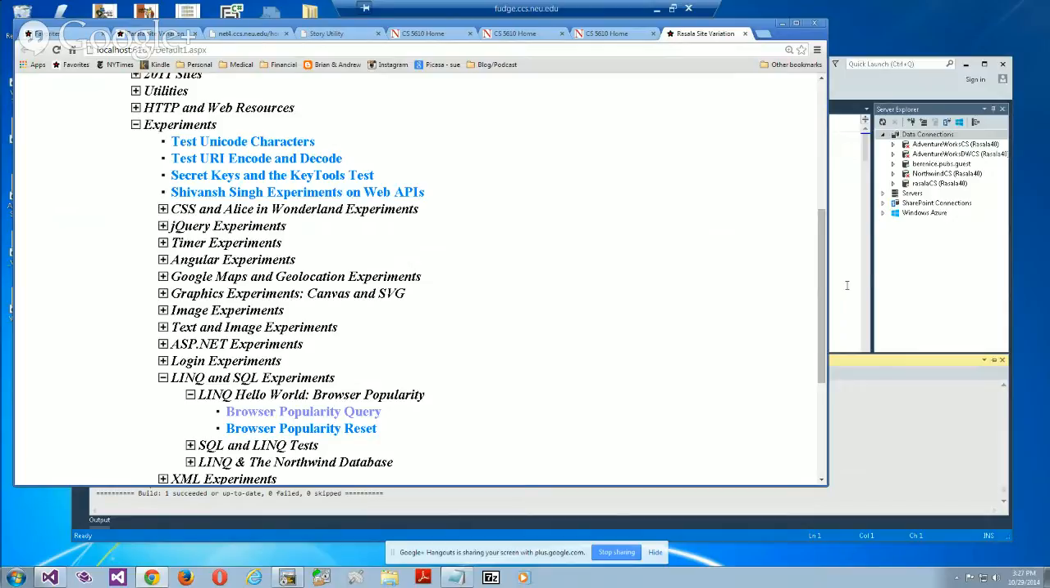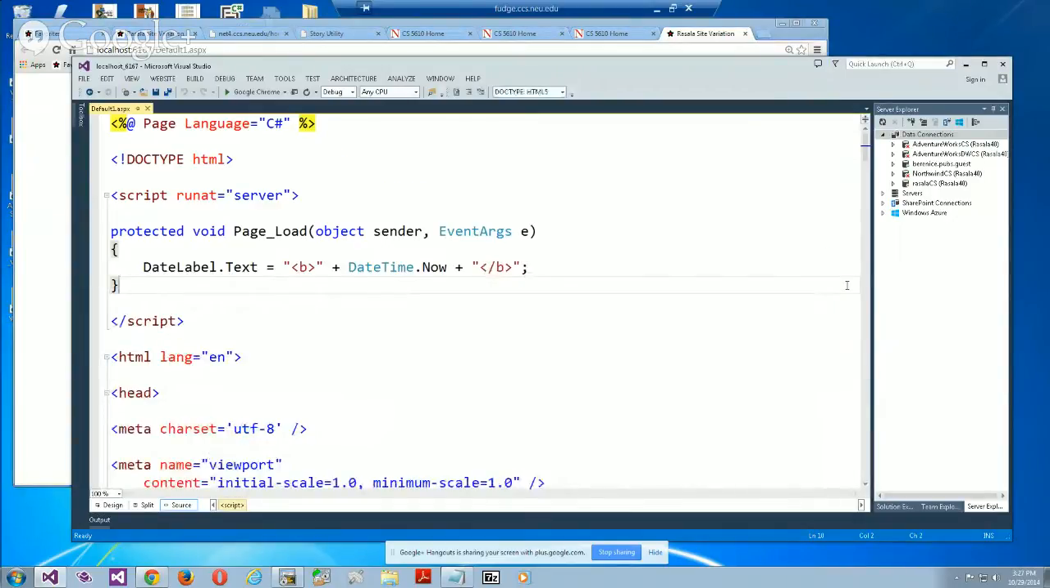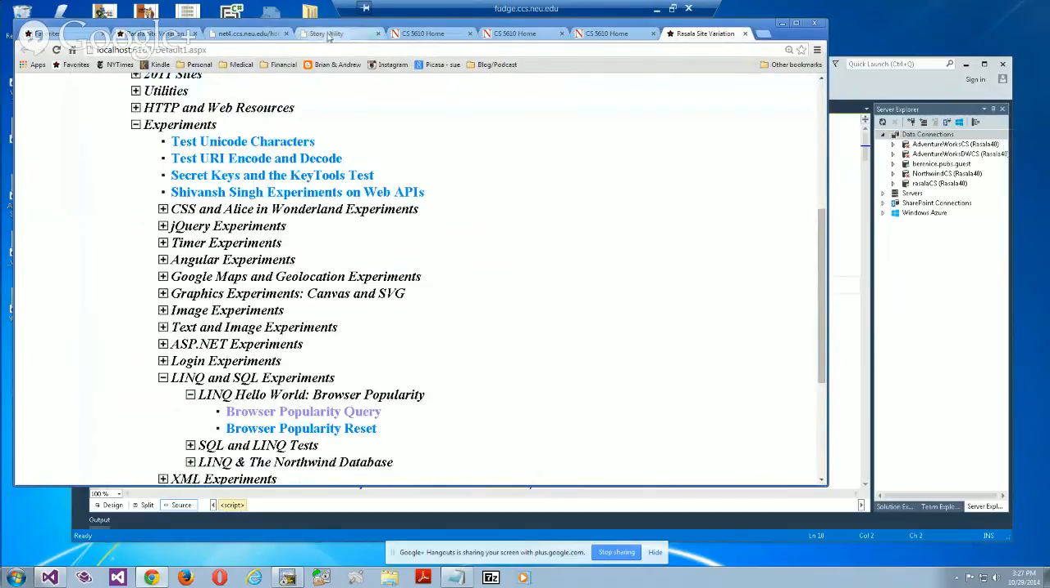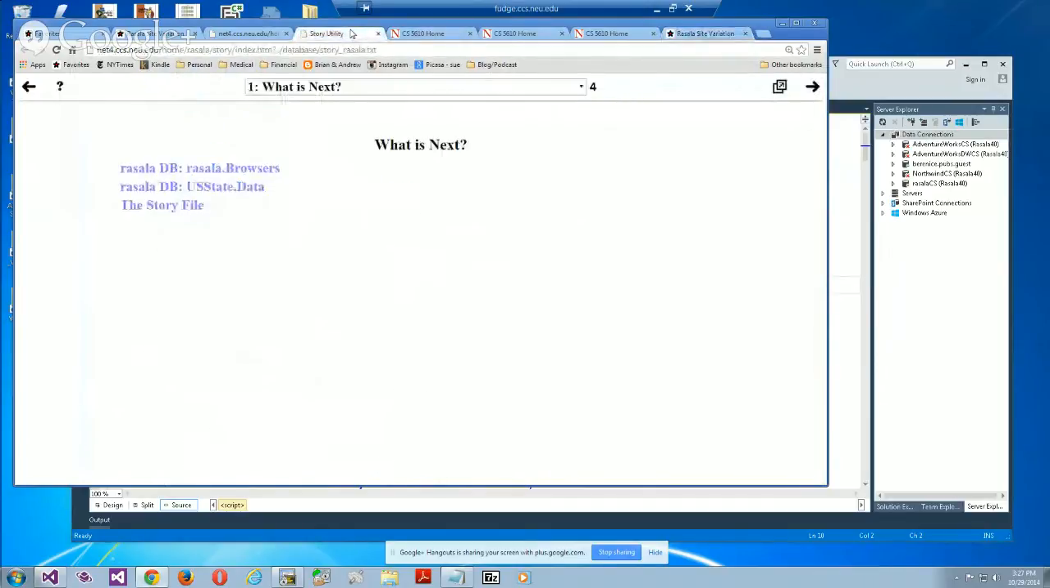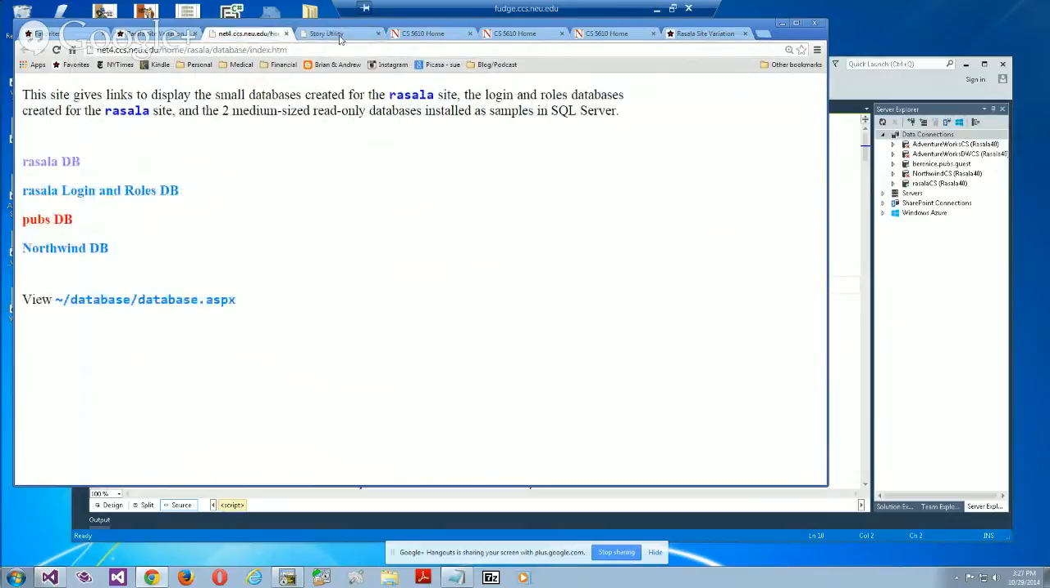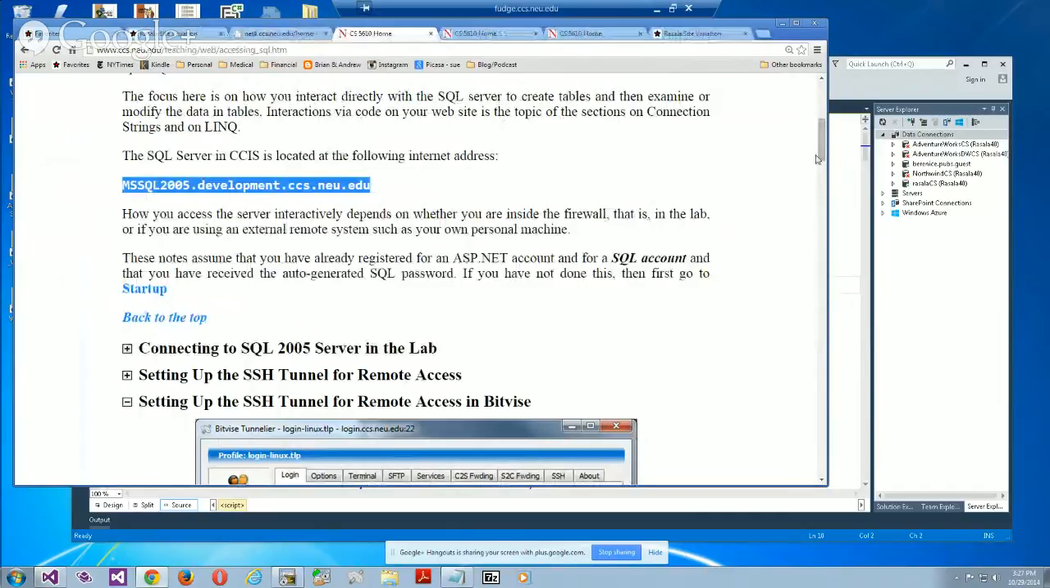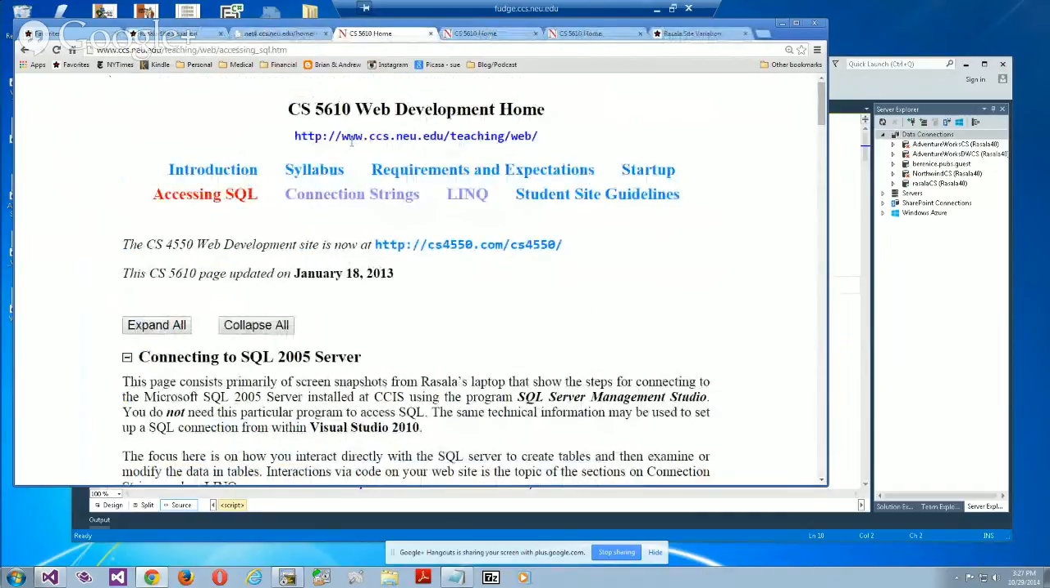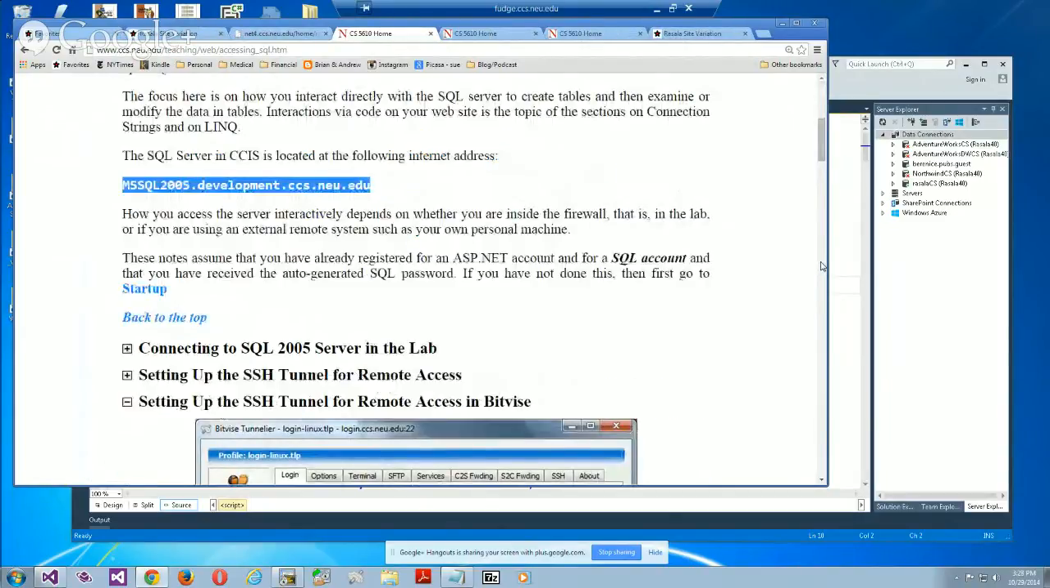All right, so now let me get into connection strings. Let me close it down for a moment. So there's 3 pages at the web development home, which is ccs.edu.edu/teaching/web. And I've been looking at the accessing SQL page, and I basically showed you how to access SQL. If you go down here,